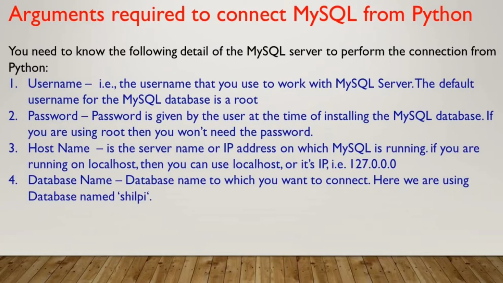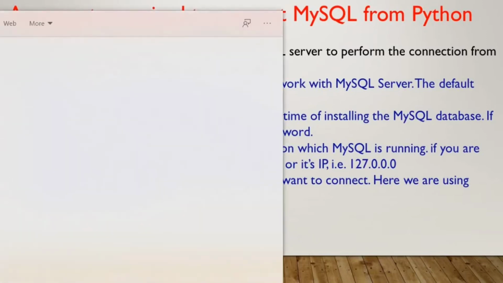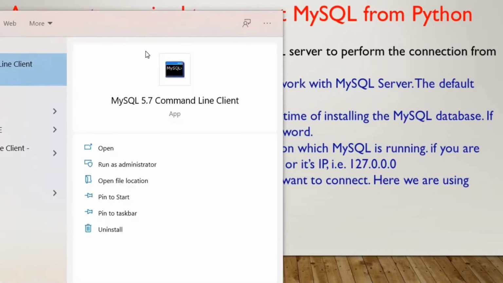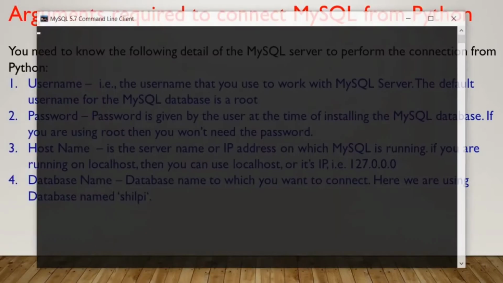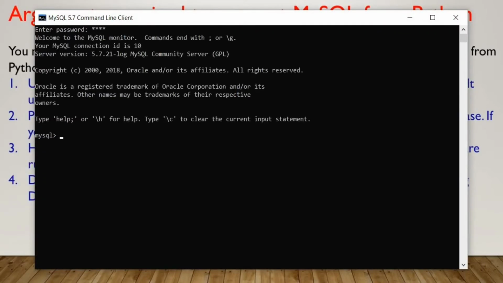So when you are going to create a table in MySQL, first of all, I'll just open MySQL. You have to open MySQL and then create the database, then use that database. My password is root only. I have already created a database of my name. I'm using it, and then simply I'll show you the table which I have already made. Select star from student. Student is the name of the table.